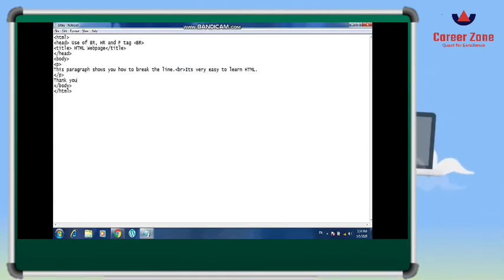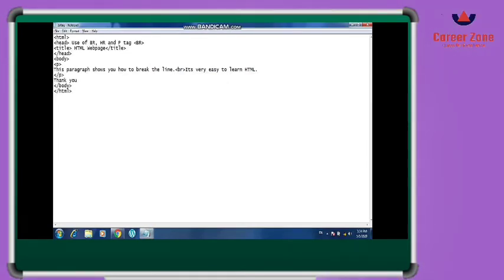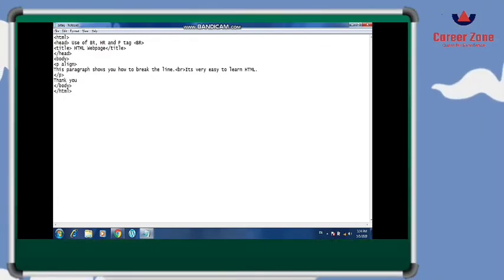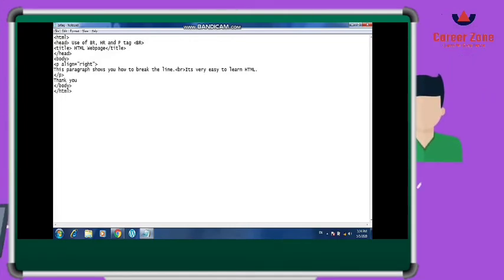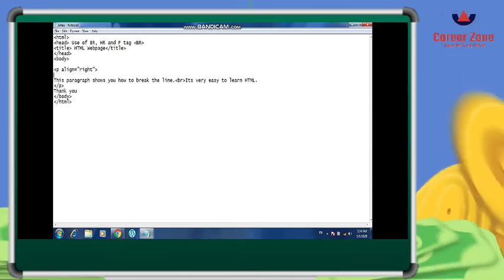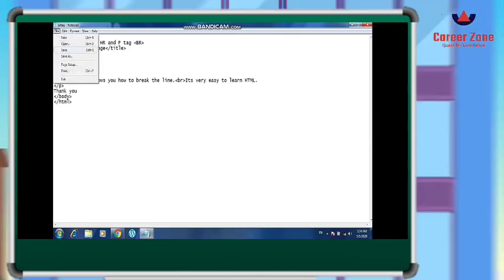Now the P tag has one attribute as well, which is the align attribute. But how it works on the web page, we will see. The align attribute has 3 values: left, right and center, but the paragraph is left aligned by default by the browser. As you can see, whenever we run the file, the paragraph shows on the left side. When I want to move my paragraph to the right side, I will use the align attribute along with the P tag, and I'll give the value right.